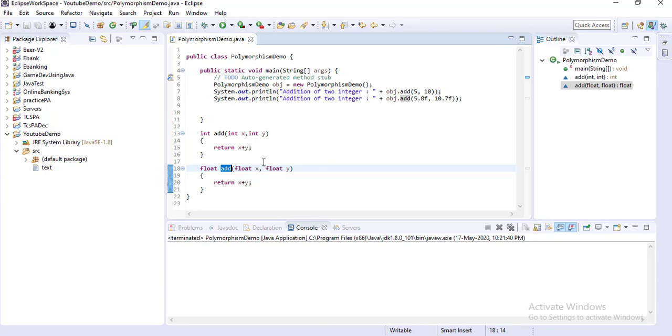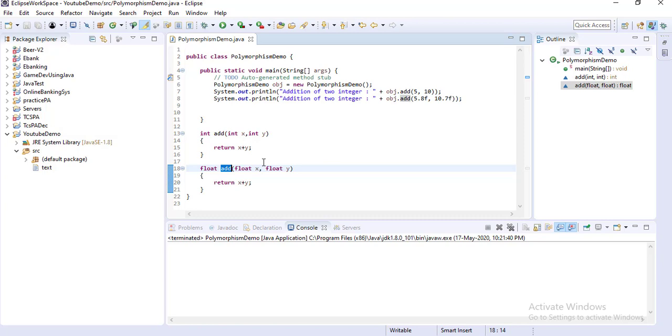From the end user perspective, or from the interface, if an end user tries to add two variables, they only have to memorize that there is only an add method.